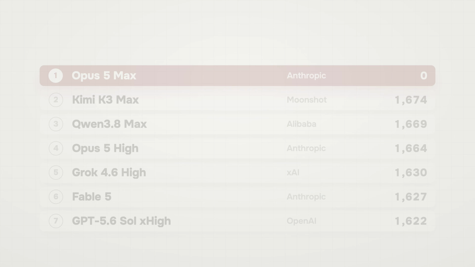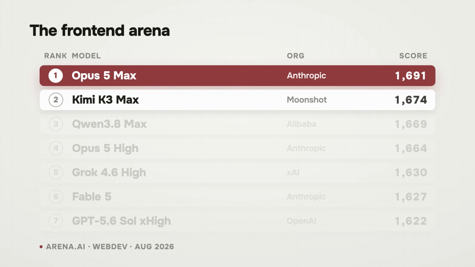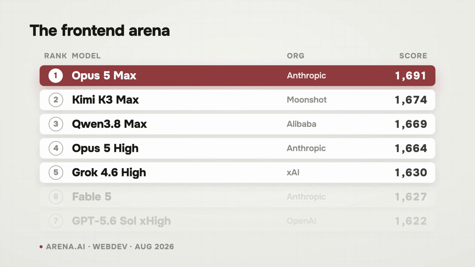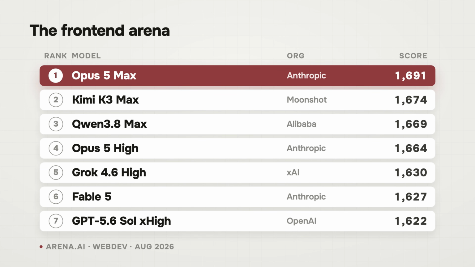And one really cool example of that, that you can't really do properly with sub-agents, is that Opus 5 on max reasoning is a really effective way to do UI work. I found that there's no better way. And you can also see this on, I think, the front-end arena. You can see that Opus 5 on max reasoning outperforms Fable 5 at any level of reasoning, and also GPT